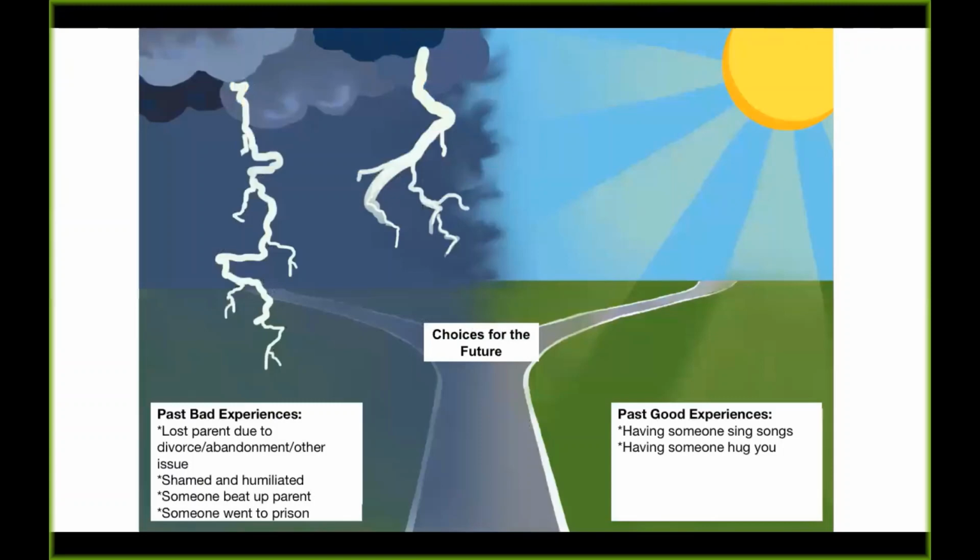Basically, what you see is this graphic has been pre-populated by the results of both of those questionnaires. So on the left were bad things that happened to this parent when they were growing up. And on the right are good things that happened to this parent as they were growing up. And as you can see, the road for this child, the choice for this child, could go in either direction.